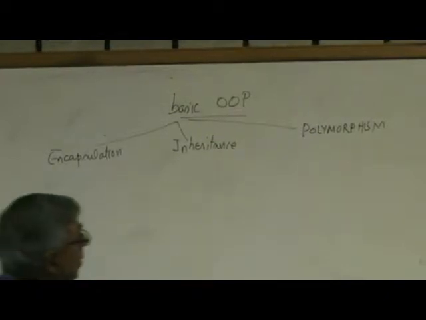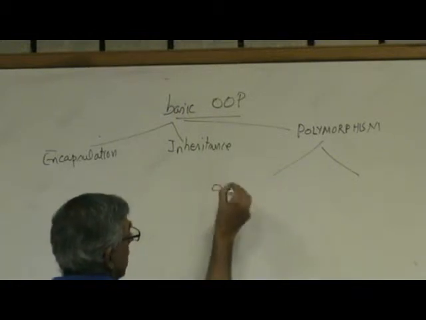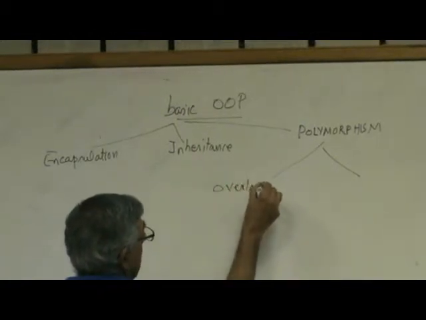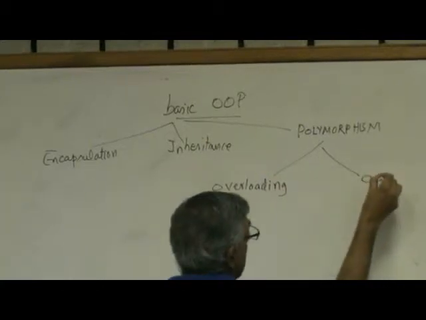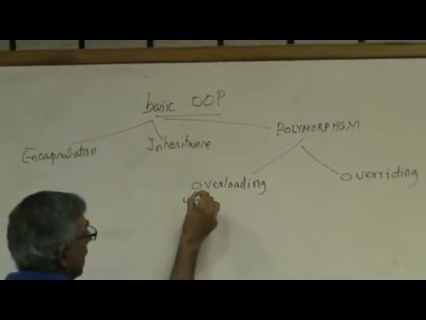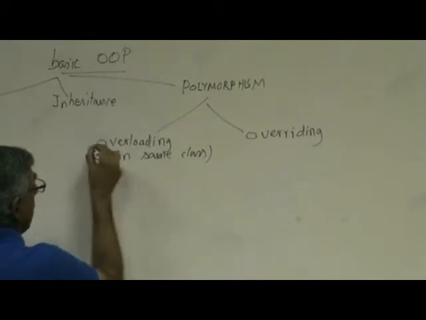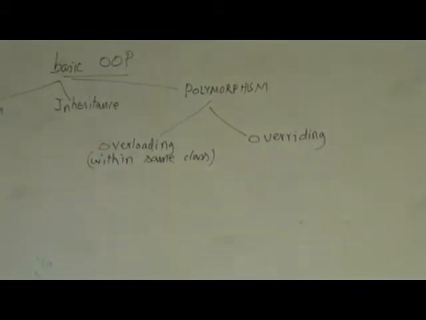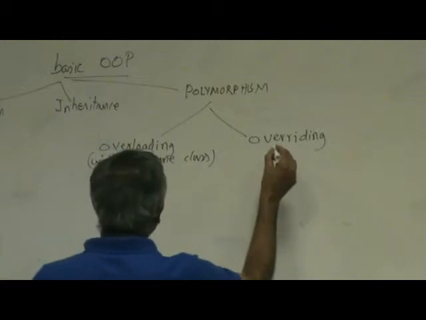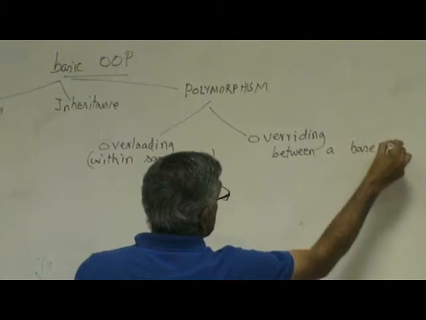Okay, so polymorphism, as we discussed, can go in two separate directions. One is overloading, correct? And one is overriding. Overloading is done within the same class, correct? And the rule for overloading was the name of the method is the same, but the parameters have to be different. Either the number or the type. Overriding is between a base and